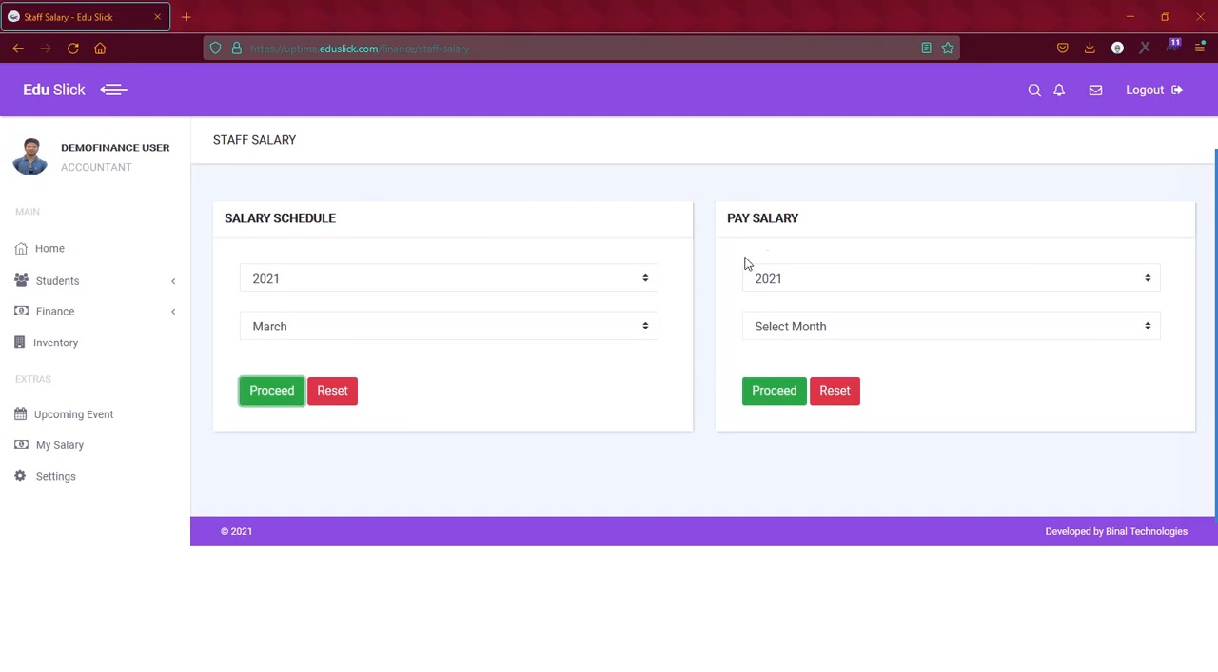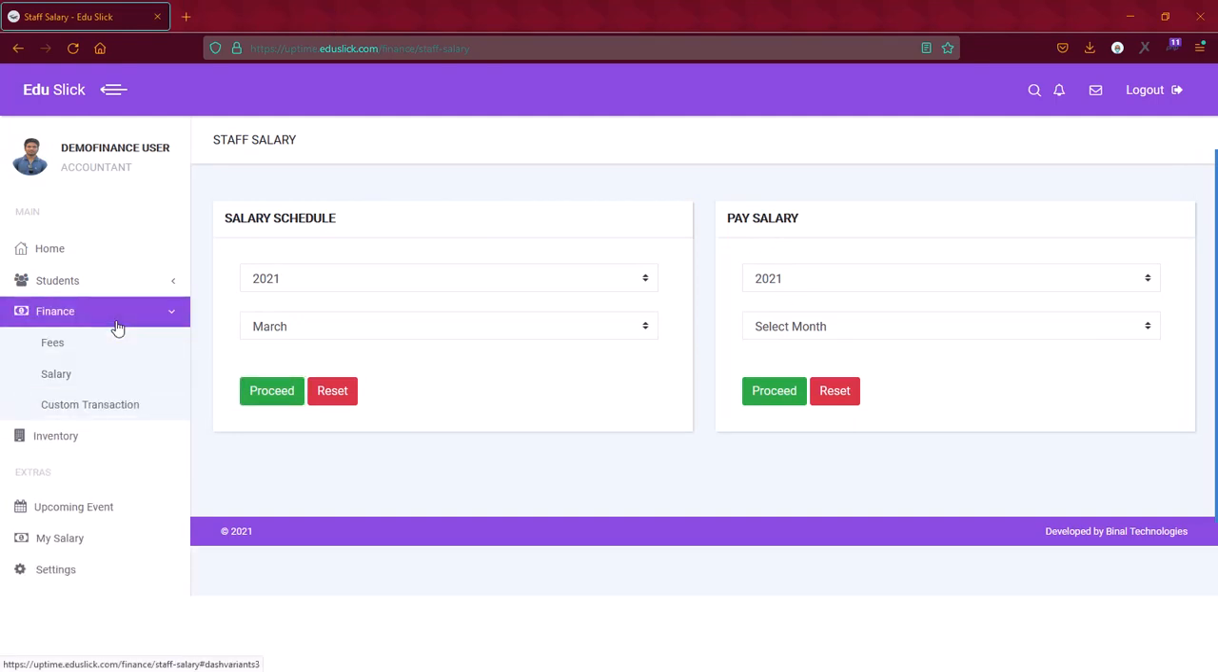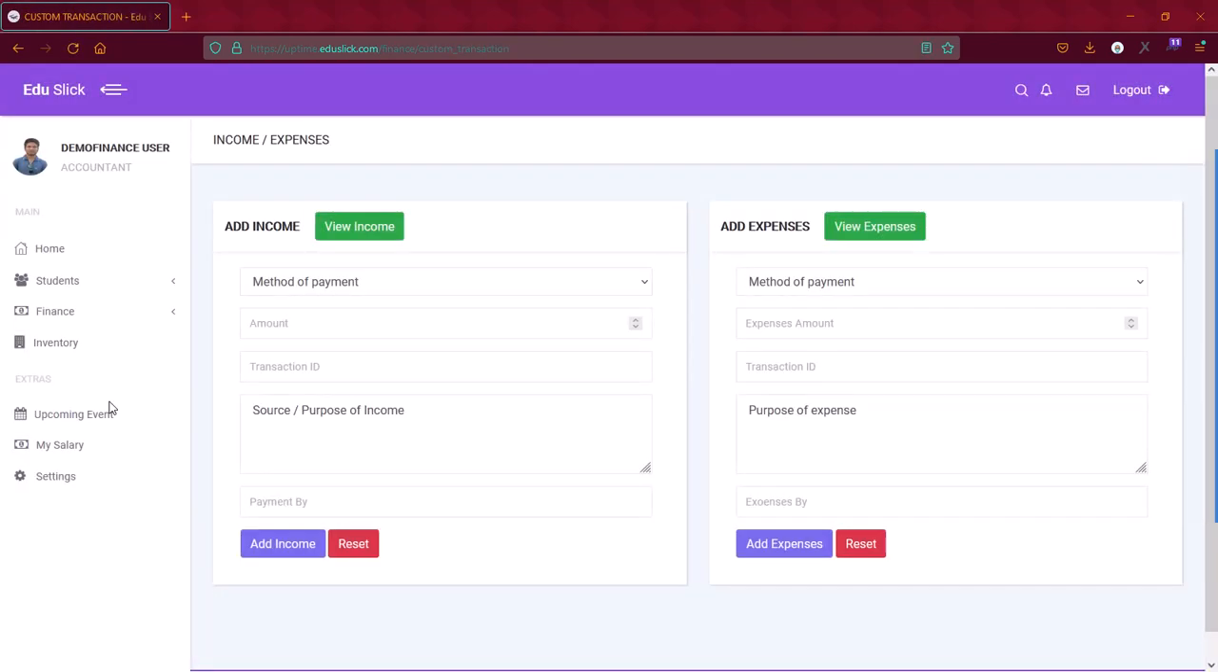And pay salary, we have that under the finance also, and the constant transaction, which carries the income and the expenses of the schools. So all these income are going to be included in the audit finance, which is being added in the real-time system. And if you are going to the inventory,